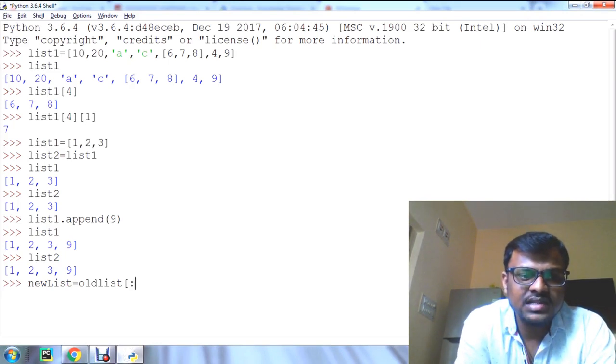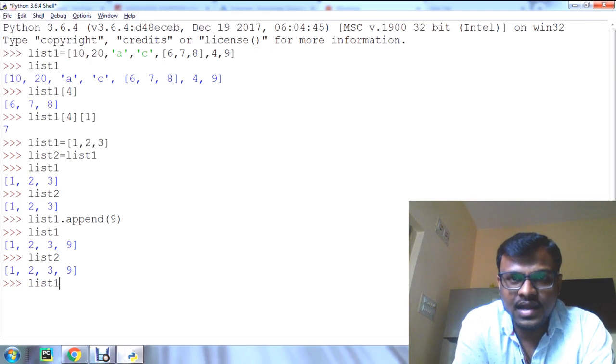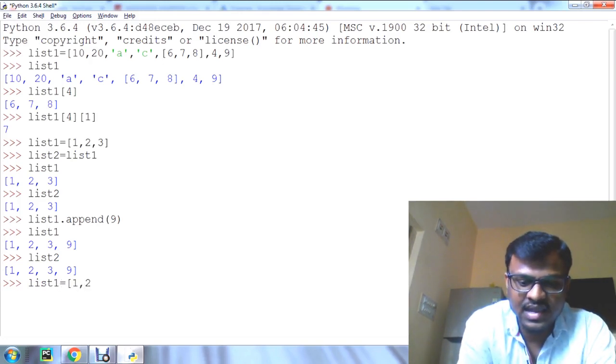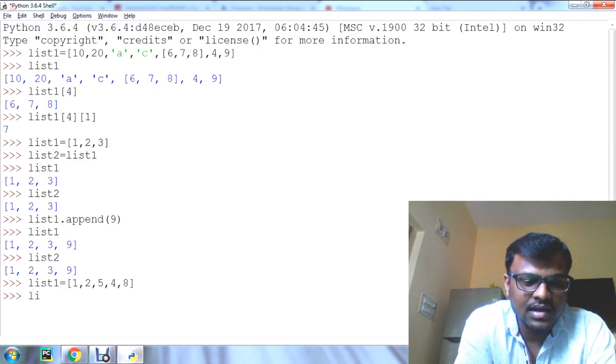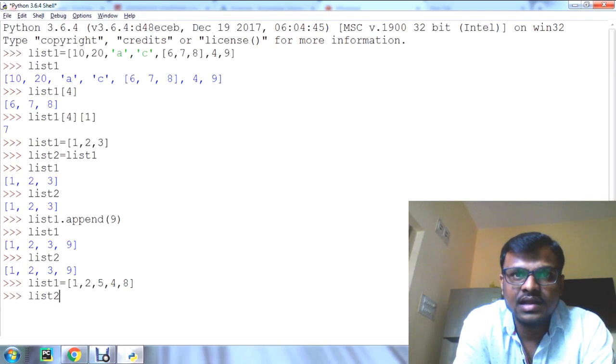Now we'll see the example for that. For example, I am creating list 1, giving values like something like this. Now I should copy this list into the new list. For that I can do list 2 is the new list.